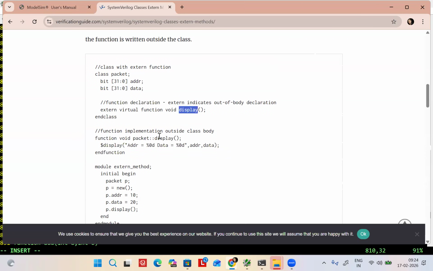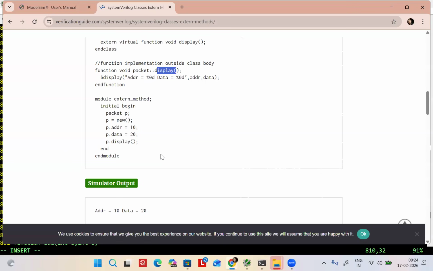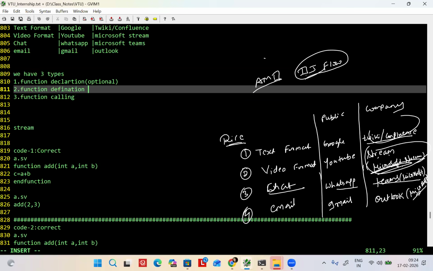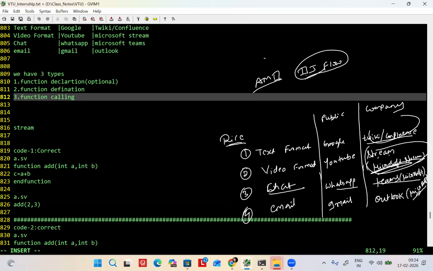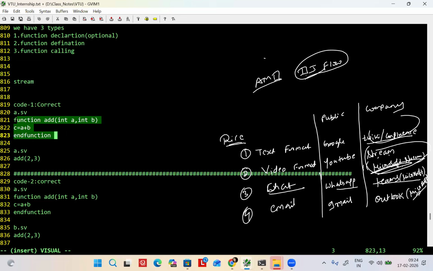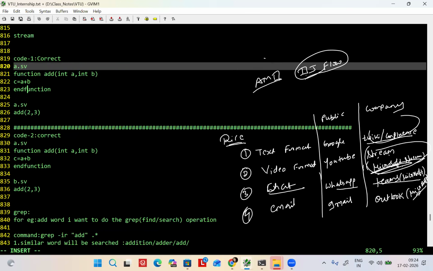Display declaration you did, display definition you did, display calling. So we have three: declaration, definition, and calling. The declaration is optional, and these two are mandatory. Now, what do you call this? Definition. And this? Call.